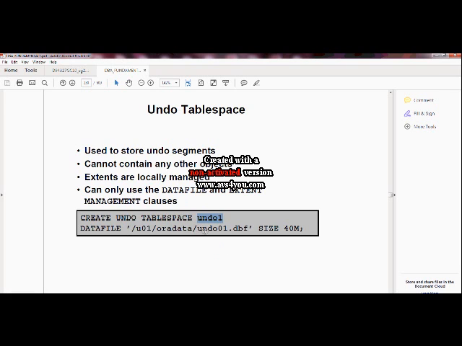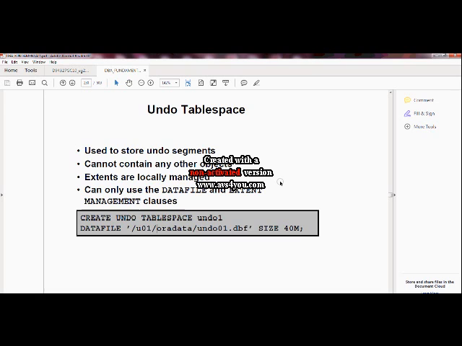The difference between the normal tablespace, normal meaning permanent tablespace, and the undo tablespace is that if you are not specifying anything here, if you are writing CREATE TABLESPACE, it will be a permanent tablespace. But if you specify undo here, it would be an undo tablespace, and the rest would be the same, data file, size.